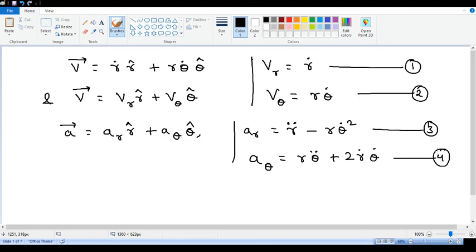So we have got that velocity will have two components, one is the radial component and the other is the cross radial component, and the acceleration of the particle will also have two components, one radial and the other cross radial. So this is today's discussion, where we have learned about the basic changes of the variables from linear type of motion to curved type of motion, and later on we will also discuss some special cases related to this curved type of motion.